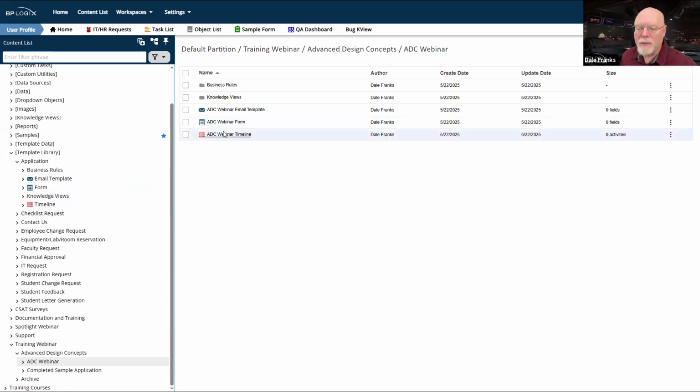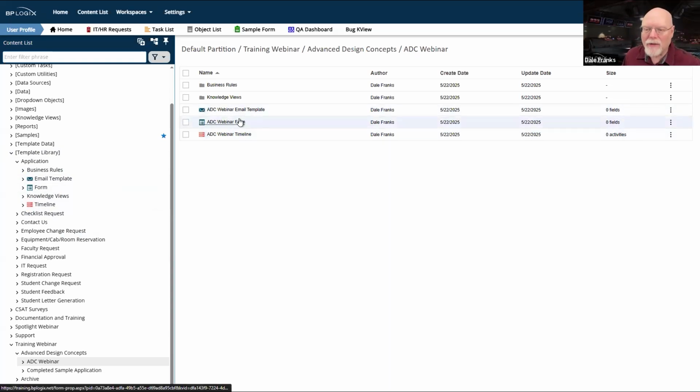And of course, because my form and my timeline and my email template are all properly linked together, I don't have to worry about doing any of that configuration, and I don't have to do any of the initial configuration on the form, which you have to repeat every time you build a form in a process timeline. So this saves me at a minimum 15-20 minutes just at the start.